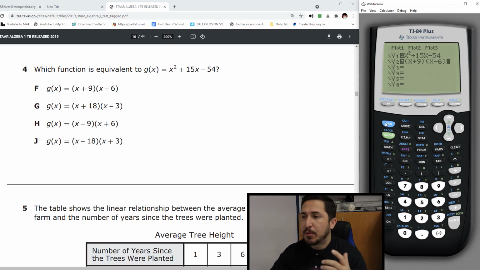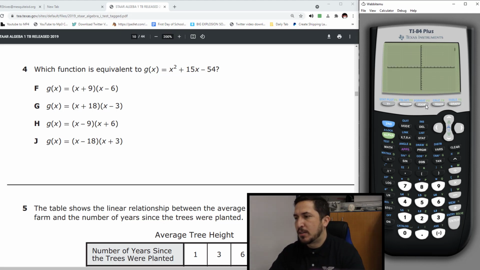Then I pull up a table. I do, because on Desmos you want to pull up a graph sheet because you can see the pictures. It's easier to see there. But on this calculator it's not as easy to see the pictures. So it's best to pull up a table. So I'm going to go second table. Oops, I didn't do second table. Let me let these graph. Okay, it's finally done. Now I go second graph.